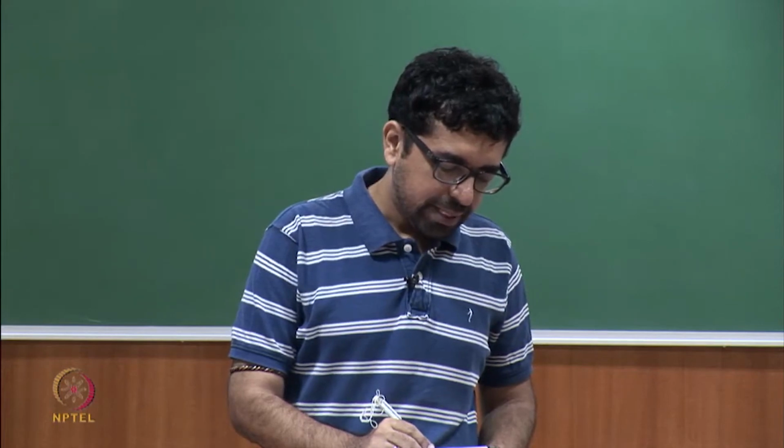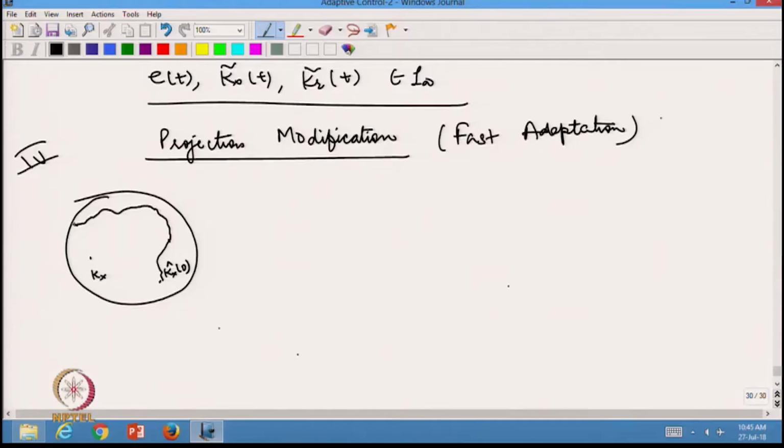However, when it reaches the boundary, that is where we see if a condition is satisfied. That condition is: at this point, which is the boundary of this convex set, is the derivative, that is kx hat dot, pointing outside of this convex set, or is it pointing inside the convex set? So, for example, if it is pointing outside the convex set,